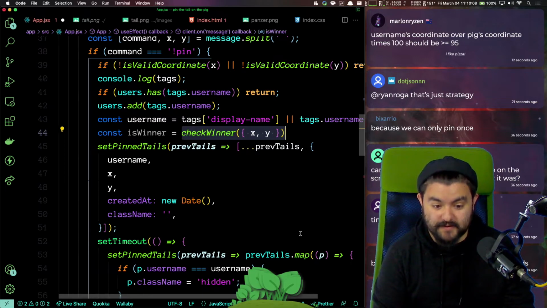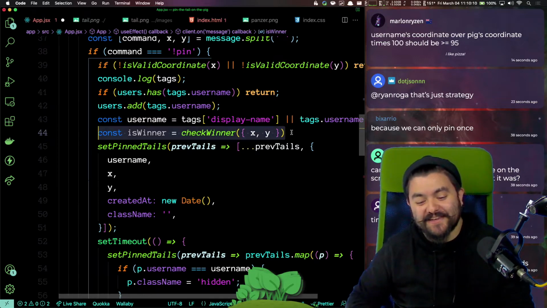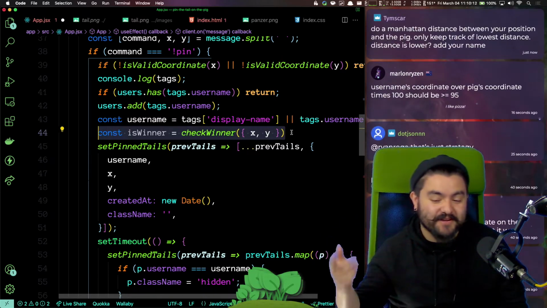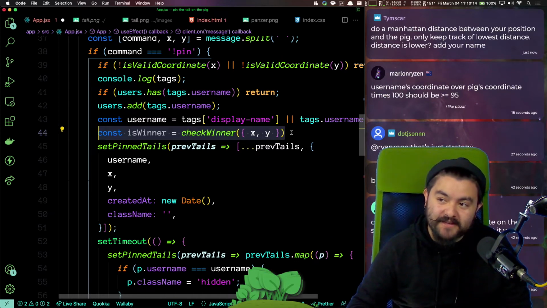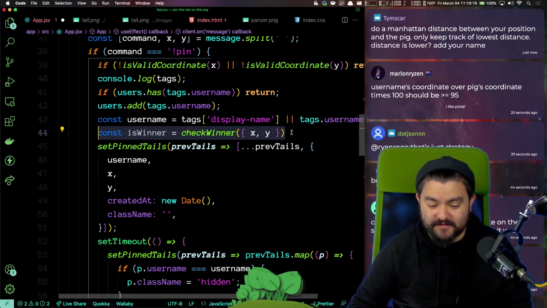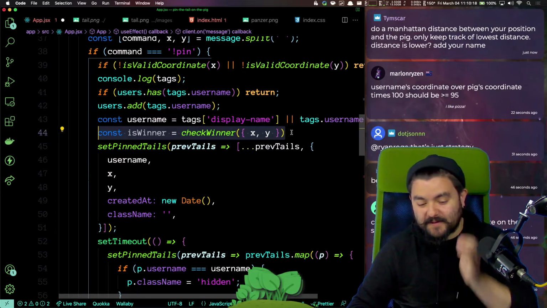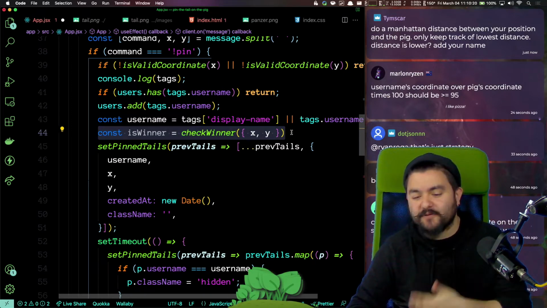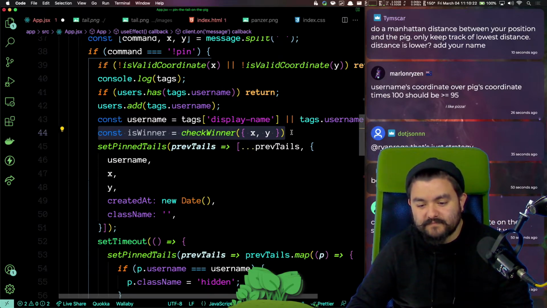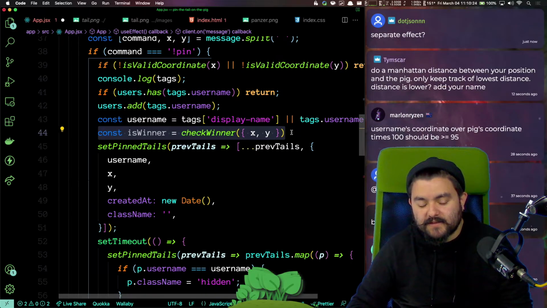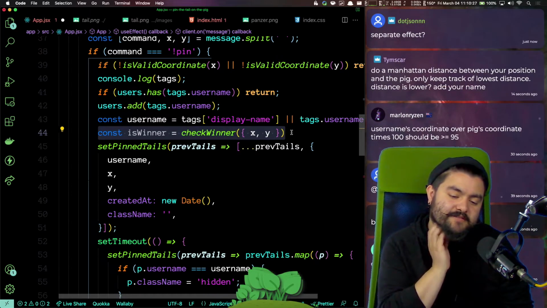So how do we do that? I think we could actually have a separate use effect going that just checks every single pinned tail every 1 second. Yeah, separate use effect would be the way to solve it, I think.